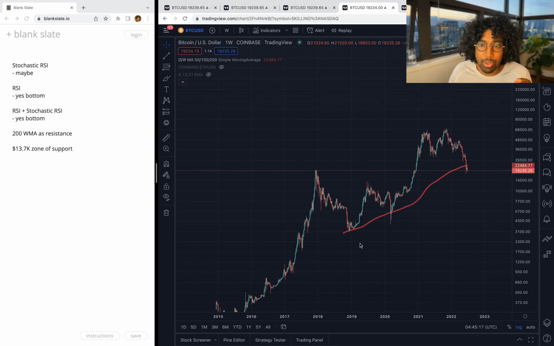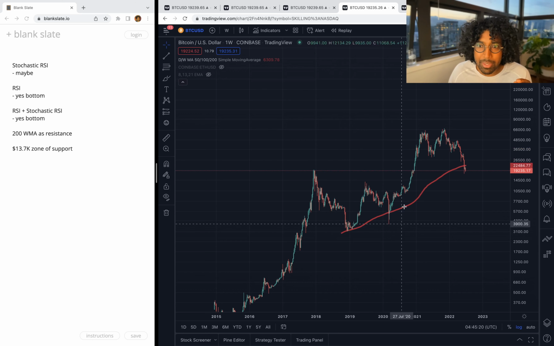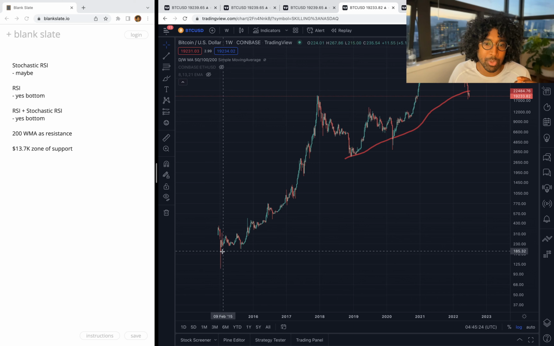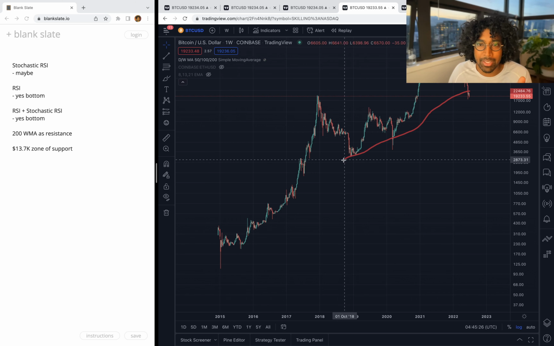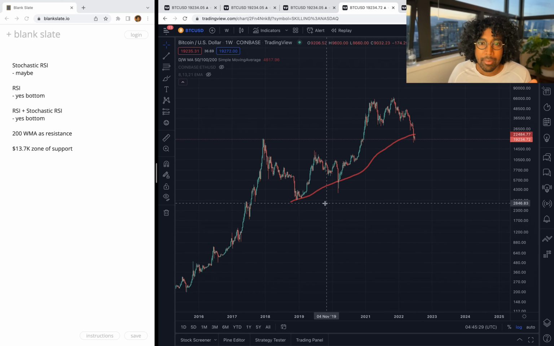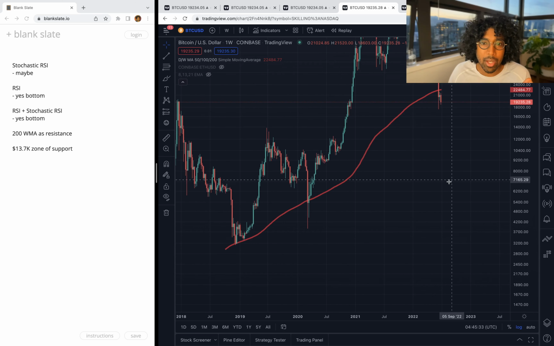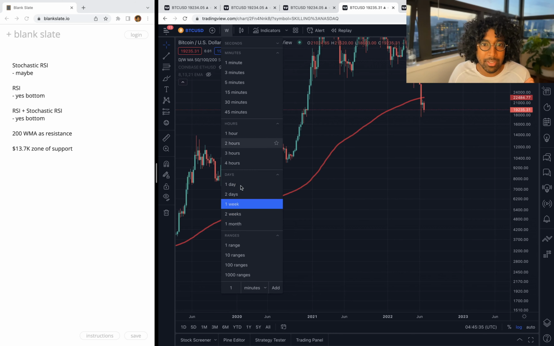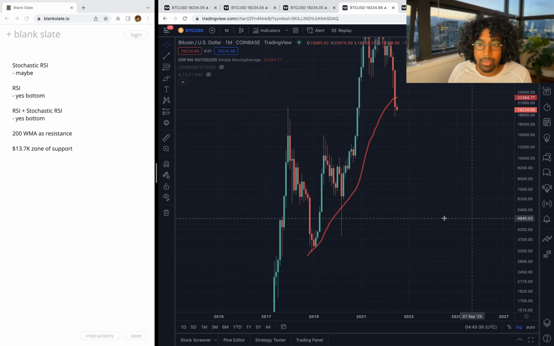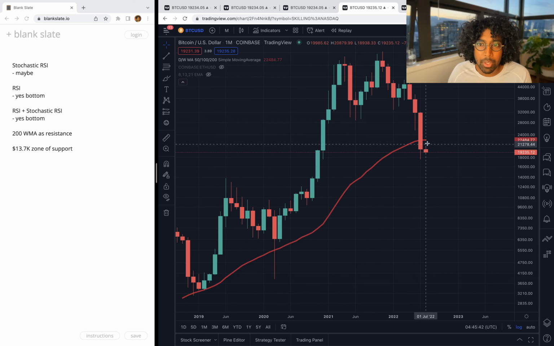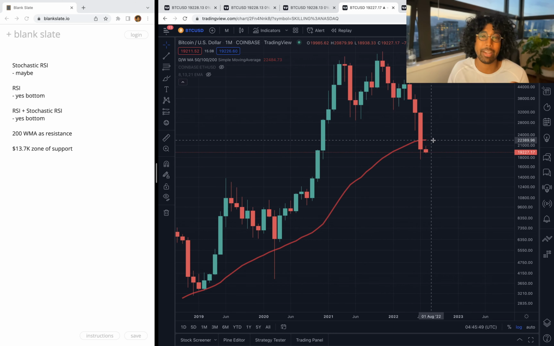My chart doesn't pull all the way back, right? But this 200-week moving average has been respected all the time. Way back to here, it's been respected, right? I'm not sure why it's not pulling it. This should go further down. We never closed a monthly candle below it. So check this out. I'm going to switch to monthly, right? We've never closed a monthly candle below the 200-week moving average. And we did last month. We closed and we opened a new one fully below the 200-week moving average.